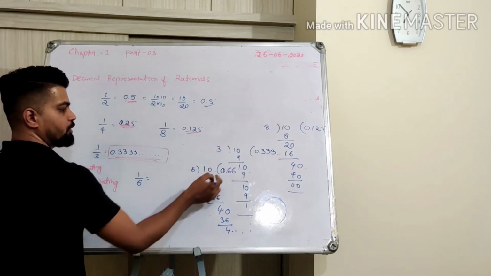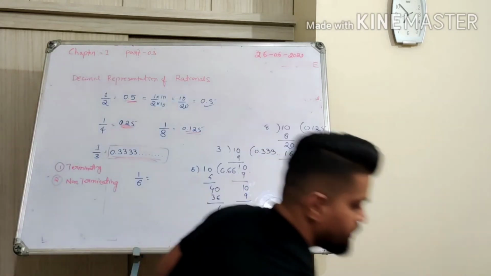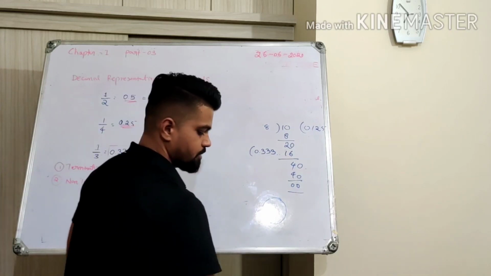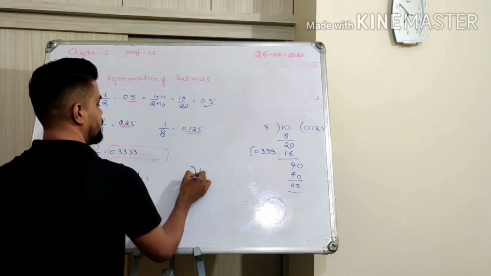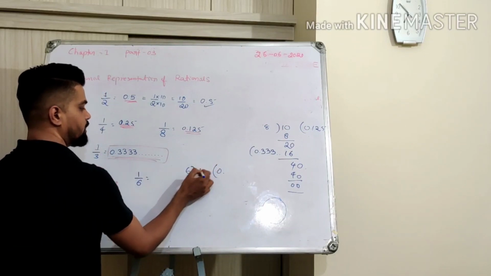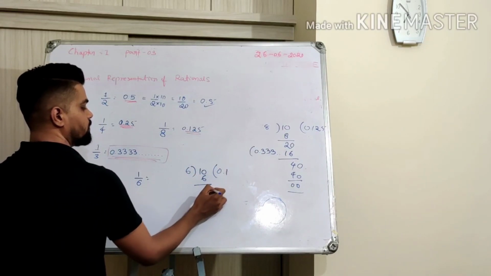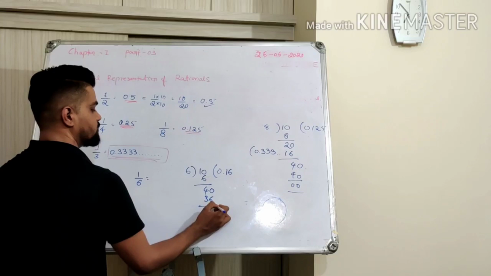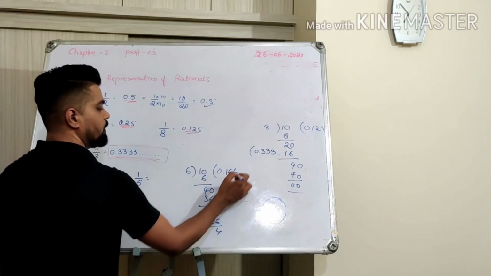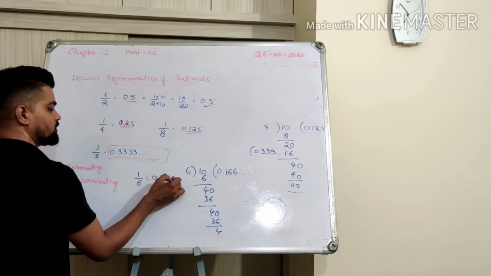Okay, so first we have to take 0.1, so it is not 0.66. Just a minute. This is 1 divided by 6. I just had to make it 10 by taking a 0 here. It became 10. So 6 ones are 6. Now I get 4. After that, one more 0. 6 6s are 36. Again 4. Again one more 0. 6 6s are 36. Again 4. And so on, it goes on. So the value of this is 0.1666...